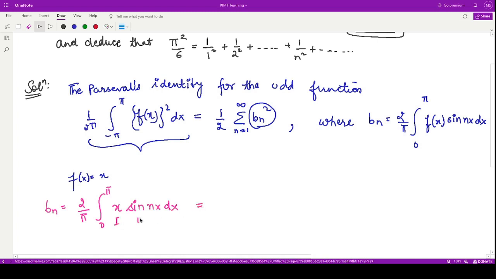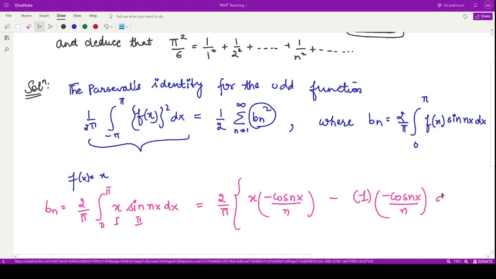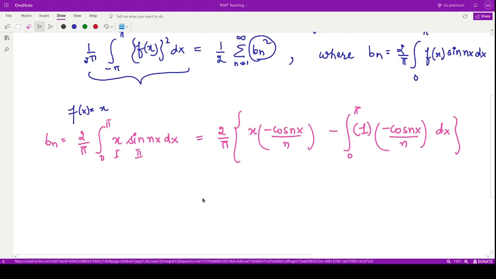For that I can consider this to be the first function and this to be the second function. So we have first function as such, the integration of second is minus cos nx divided by n, right, minus the derivative of first, that is 1, integration of second is minus cos nx upon n, its integration again from 0 to pi. So when you perform this integration again, you have,